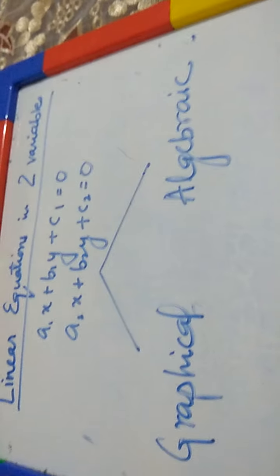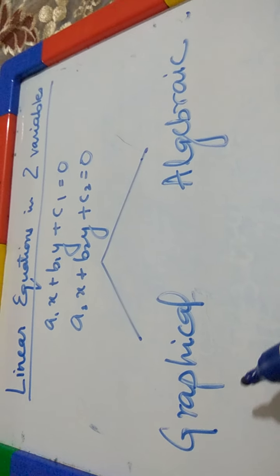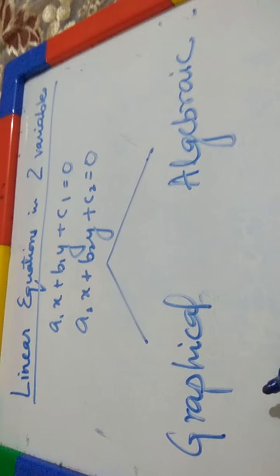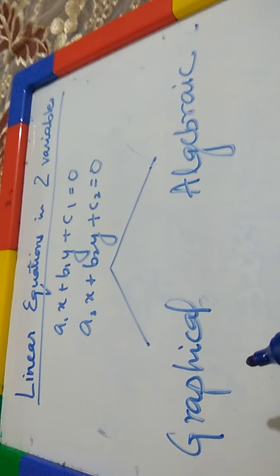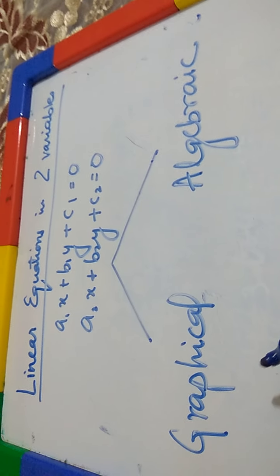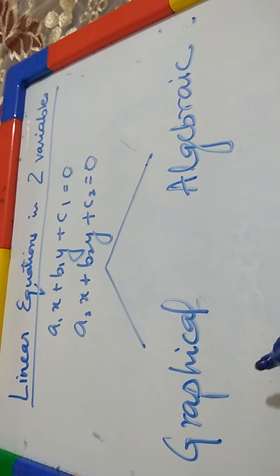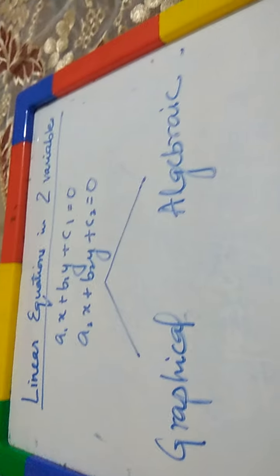Now, graphical method I have already discussed in one of my videos, where we take the two equations and find corresponding pairs of x, y for them, three values for each equation. We point all the six on the graph sheet, and we get two lines, and if they intersect at one point, then we get the solution, unique solution for that system of equations.